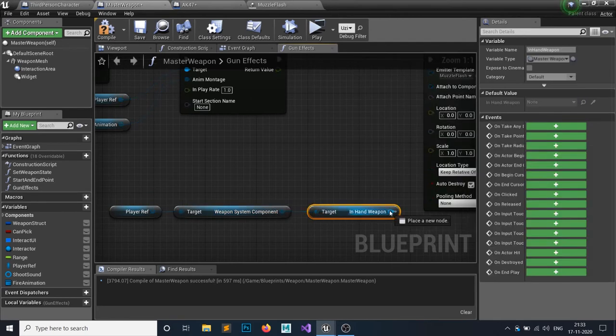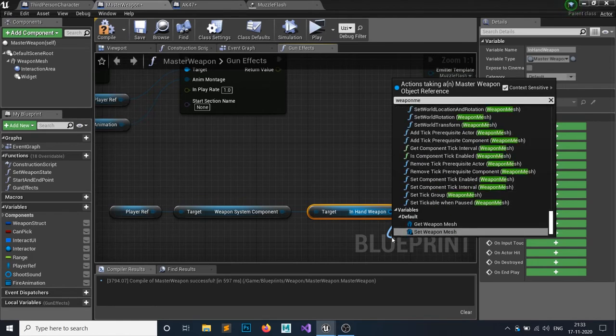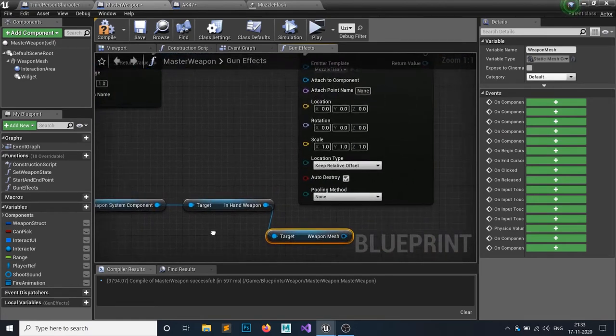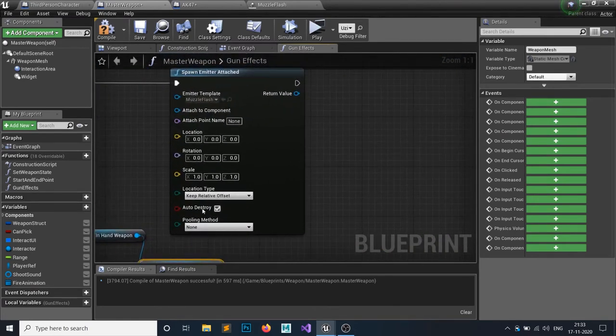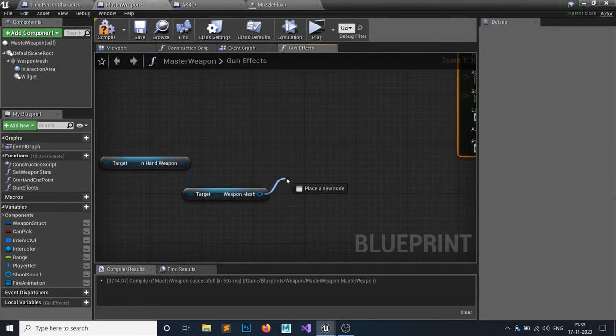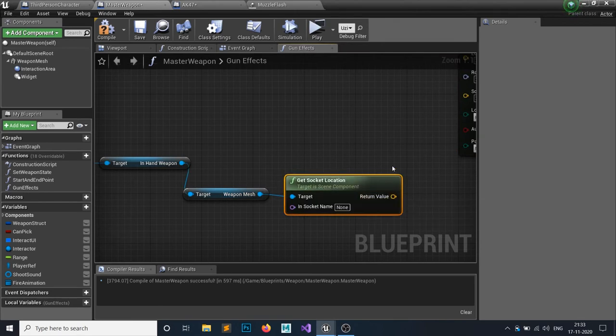Then from the in-hand weapon I need the weapon static mesh. Get the weapon mesh, this one, and from that I will simply get the socket location.